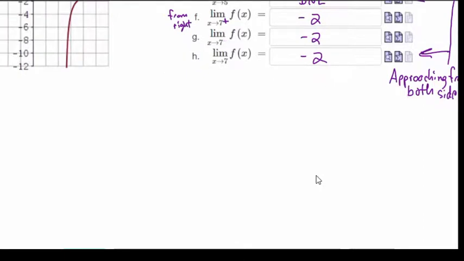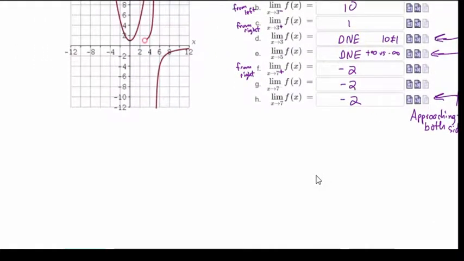And now that we've worked through these example questions, I would like to summarize a few things about the existence of limits. So I'm going to read a couple things from the textbook here and then summarize them for you in this slide. So we say that the number L is the limit of a function y equals f of x as x approaches the value a, written as the limit as x approaches a of f of x equals L